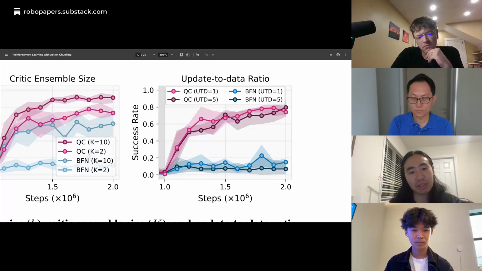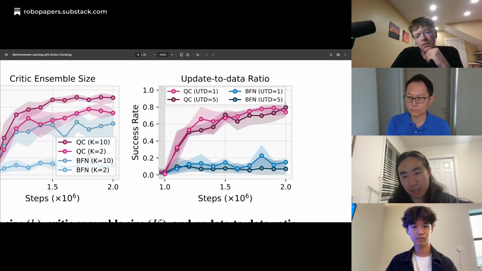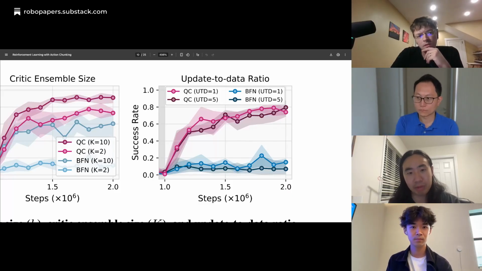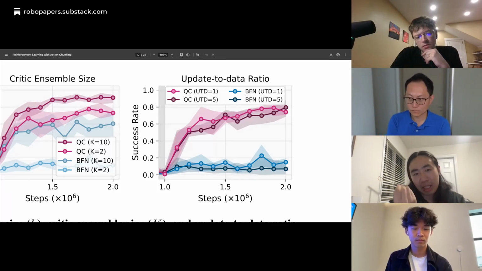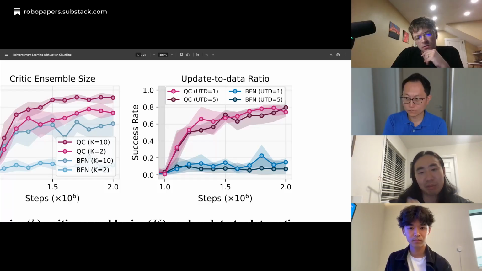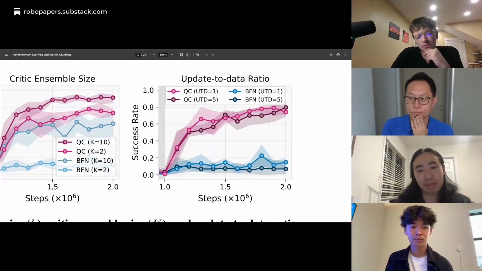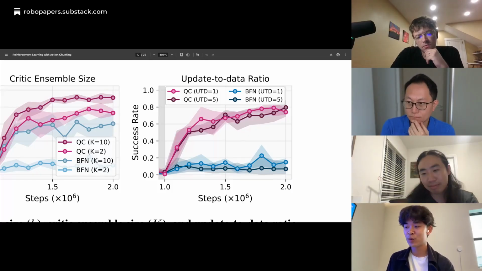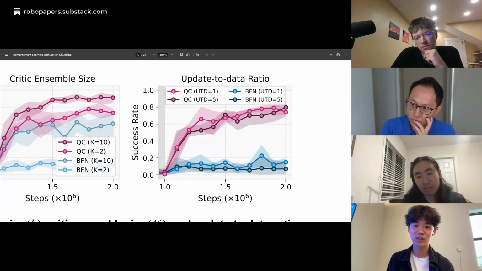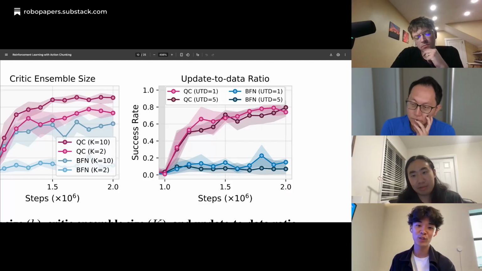This is actually one of the future works that we hope people can address, because in our experiments we didn't find that cranking up the update-to-data ratio naively works. There are probably other things that we need to take care of to actually make it work much better, right? So that's an exciting opportunity. One of the things in tuning the update-to-data ratio is that it has a very interesting interplay between your model size, your update-to-data ratio, and your batch size.